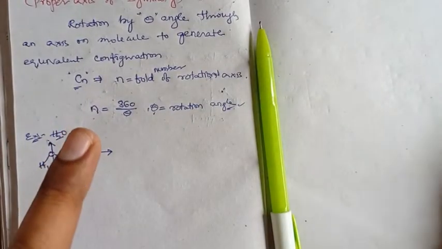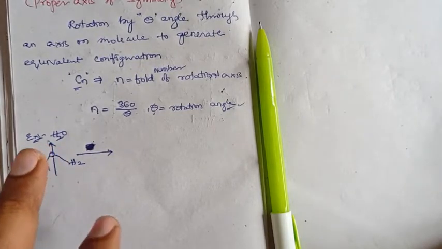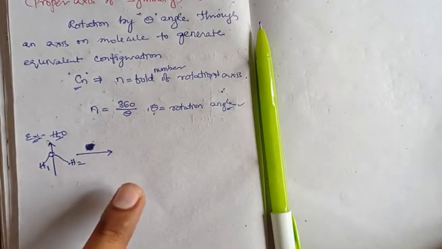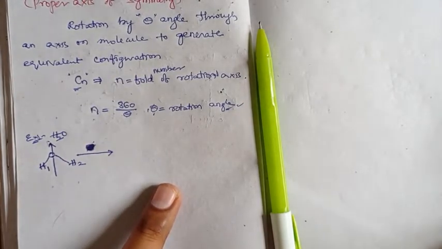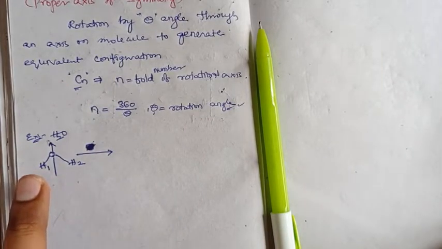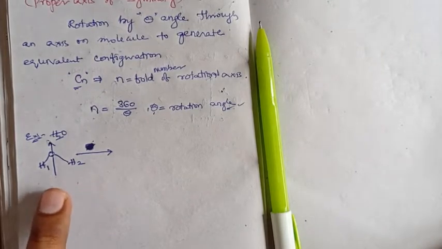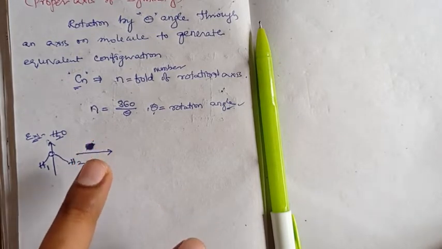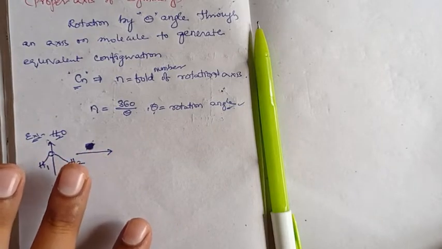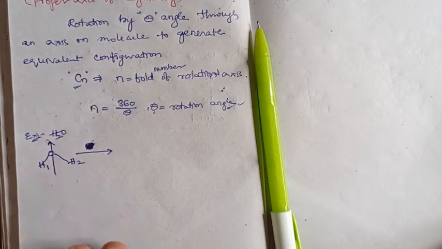For rotation in the water molecule, either all the atoms should not change their position, so that it leads to generation of an equivalent configuration, or, as the second hint says, the similar hydrogen atoms should exchange their position. Then it can generate an equivalent configuration. With these two only, we get an equivalent or identical configuration; otherwise, an equivalent or identical configuration is never generated, right?